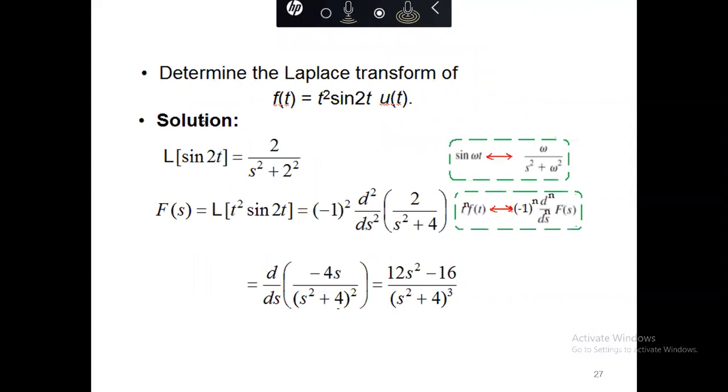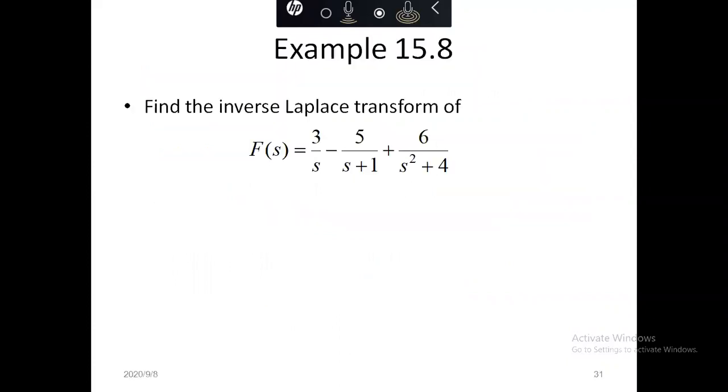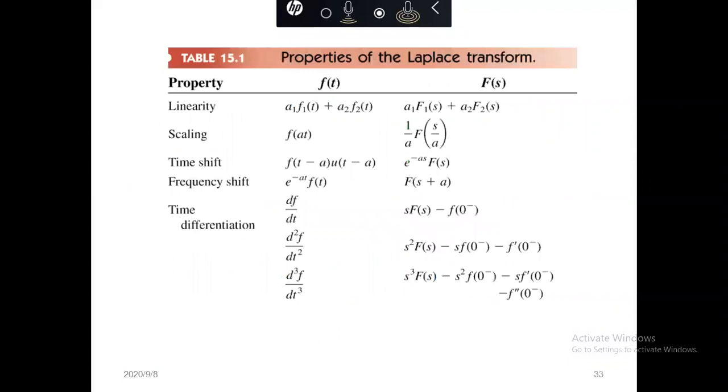Now we see the properties of the Laplace transform. So far we have learned the linearity